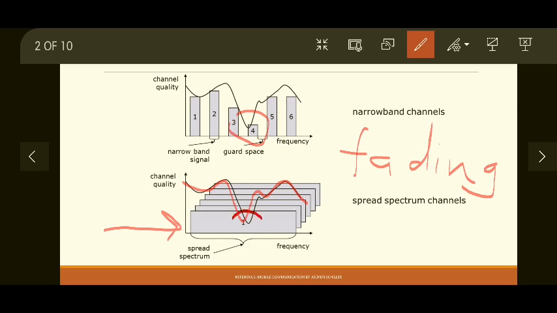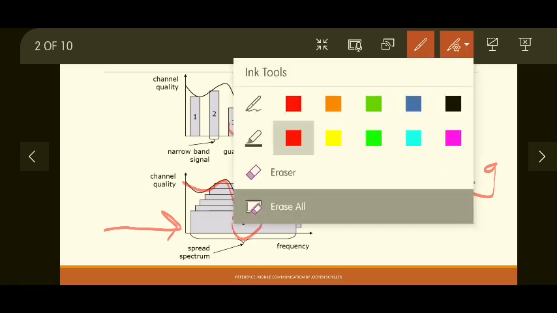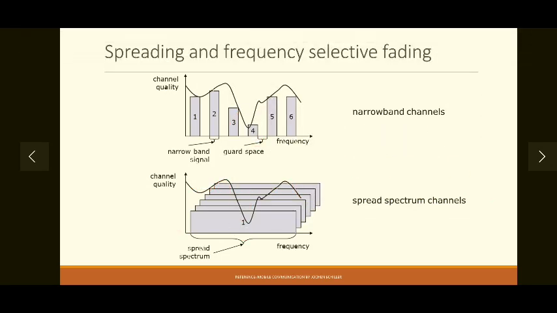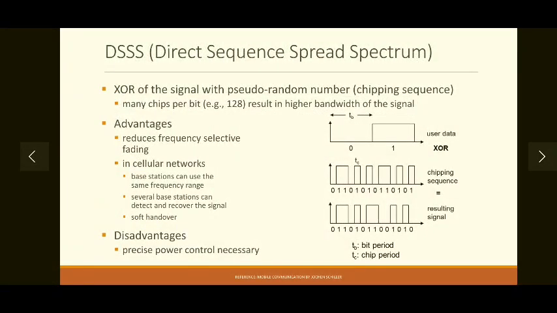If these parts are affected, they can be shifted to some other frequency which does not suffer the same levels of attenuation. Then we can avoid frequency selective fading, and that is the primary advantage of using the spread spectrum technique. So in short, the spread spectrum technique is primarily used for avoiding frequency selective fading. So let's begin with the two techniques that we have stated previously. The first technique is direct sequence spread spectrum. It is the simplest form of spread spectrum technique.